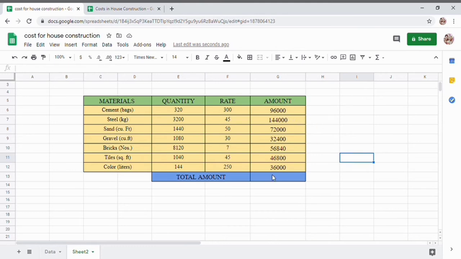Okay, after we have this amount, we can move to the total amount. But how do we calculate the total amount? For the total amount, you need to sum up all the amounts here, like 96,000 plus 144,000 plus 72,000 plus